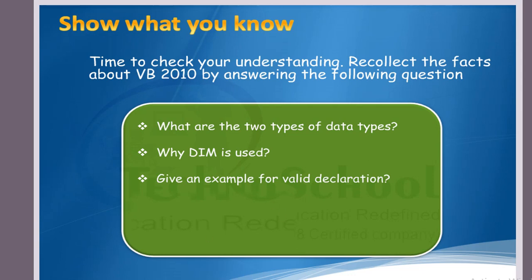Another keyword we learned is the reserved word in Visual Basic. Do you remember? So what is it? The reserved word in Visual Basic is Dim. So we learned about valid declaration and invalid declaration, right? Here you want to give an example of a valid declaration, and you also want to know which one is an invalid declaration. Is it clear? Yes. We came to the end of this section.